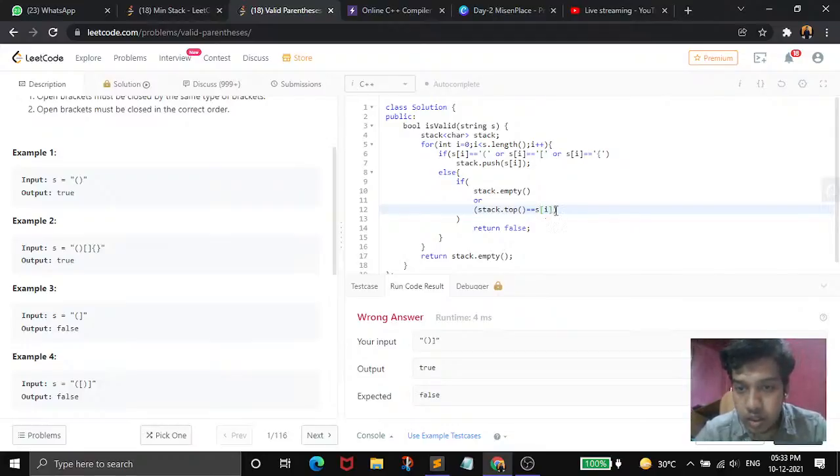So if this is equal to s of I, and one more thing, s of I is not a closing bracket of this type. So this becomes our first statement.